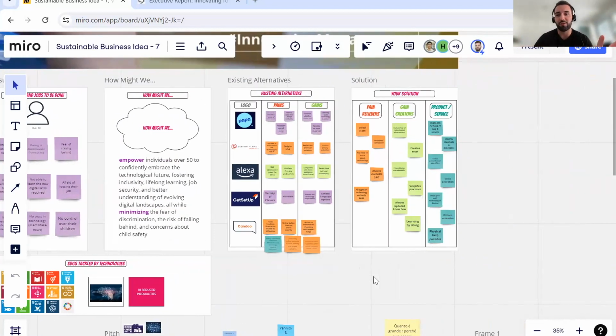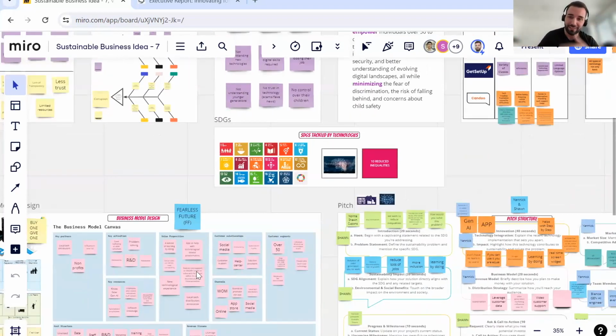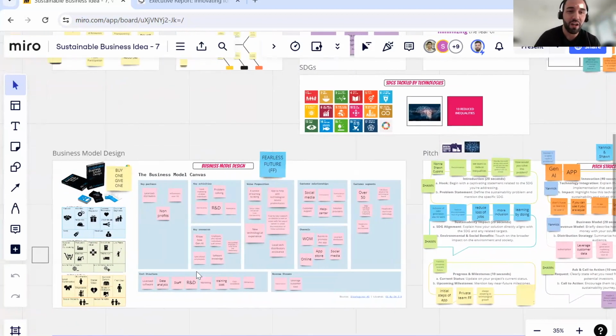And we may lose a little bit the focus on sustainability, because when we are talking about the competitors and your solution, how to make money, then our students may tend to lose the focus of sustainability,